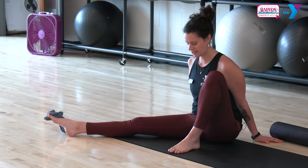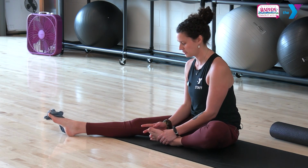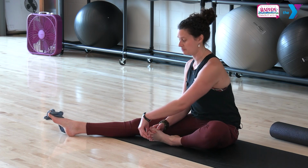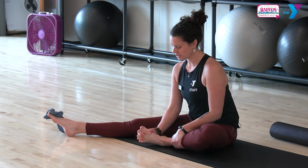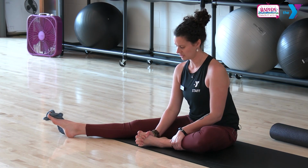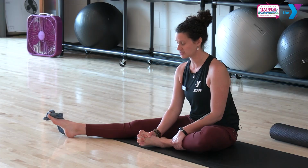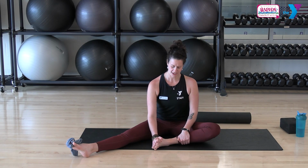All right, then let's take that foot back into our hands. You're going to take your fingers, put them in between each toe, work them in as far as you can go, and then squeeze your toes into your fingers, and then let that release and relax. Do that again, squeeze and hold, and relax. One more time, squeeze everything in, knuckles in, toes in,